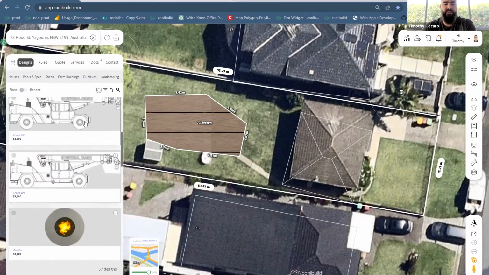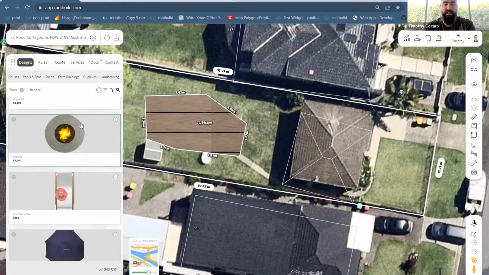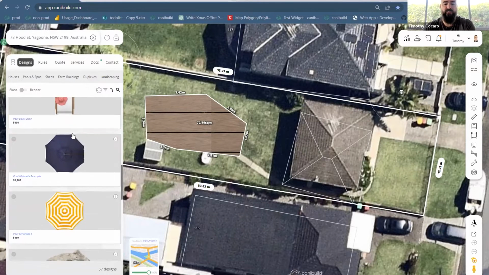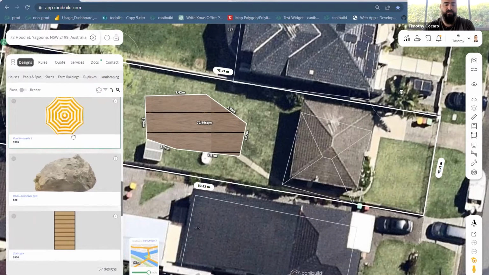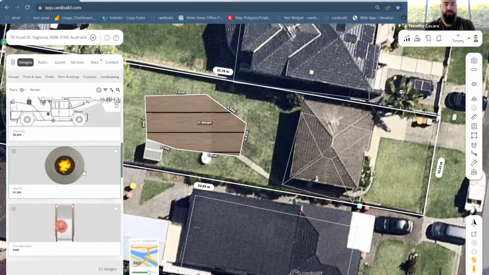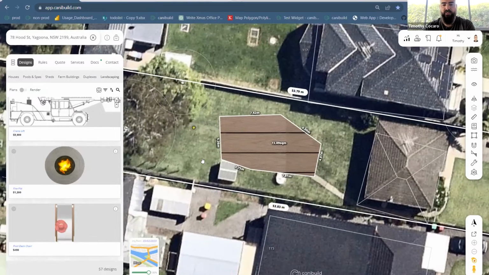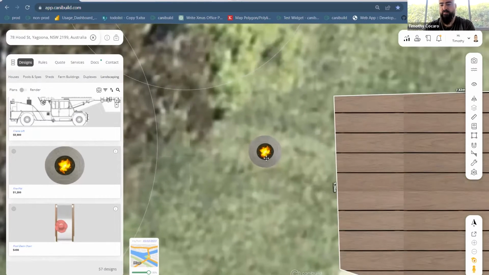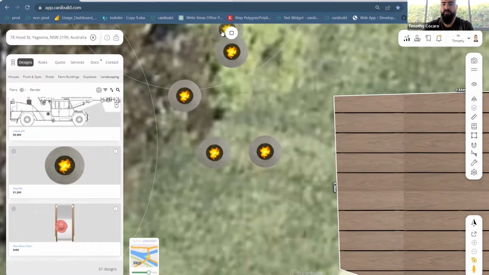The reason we call it a landscaping tool is because it's been asked a lot by landscapers in particular, but can be used by anyone. So say, for example, you wanted to be able to place this fire pit onto the site. You can click onto this fire pit. If you click onto that, you get the same tooltip that you saw before, where you can rotate or delete, or you can just copy, and then you can start adding, you know, multiple fire pits, which probably is not